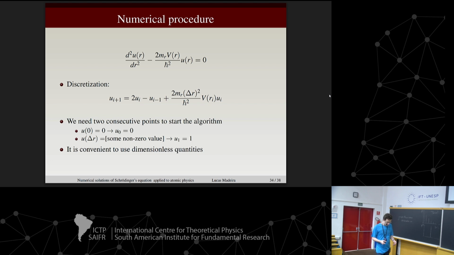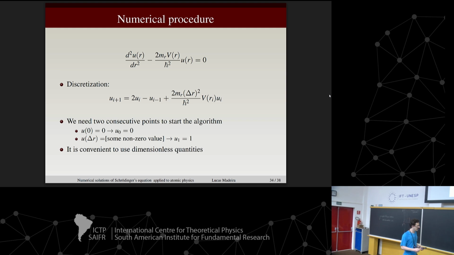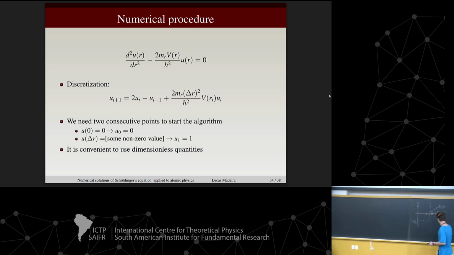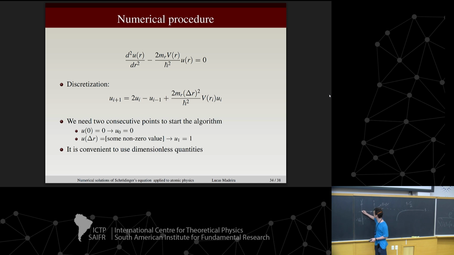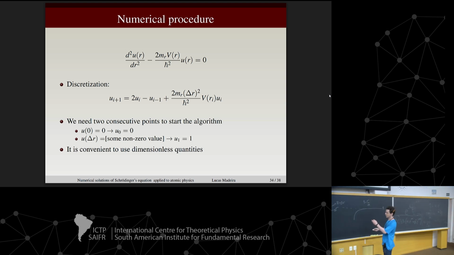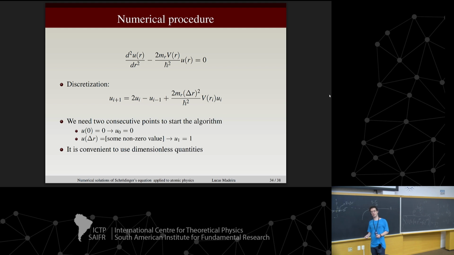Okay. So we're dealing with an attractive potential, right? And we started our wave function as being 0 here, right? What are my choices? My choices would be 0 or a number different than 0. We can put the problem as this, right? If my next point is 0, let's see what happens. I have 0, 0, 0. It's going to be 0 everywhere, okay? So that's probably not the correct choice for my first point.